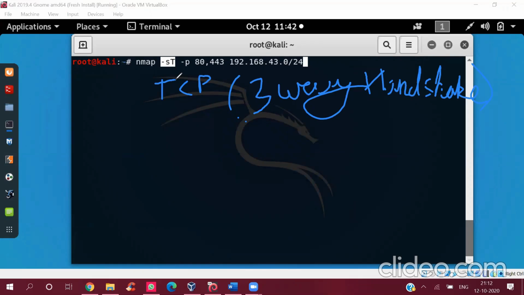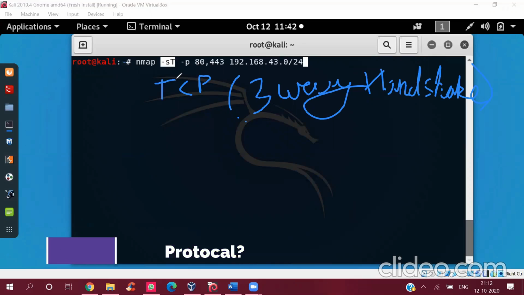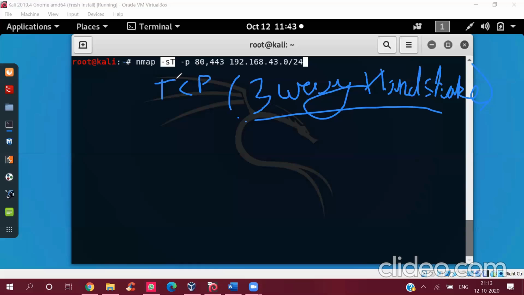Let's just start with what is TCP. It's a protocol, the Transmission Control Protocol. It is a networking protocol that tells us how we communicate, how we start the conversation, and how we keep it going. The rules for starting and establishing this conversation are often referred to as the three-way handshake, which is what Nmap actually uses to do all its magic, to check if all the ports are open or not.